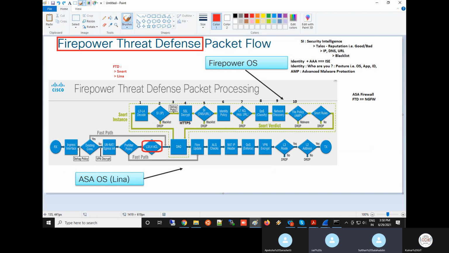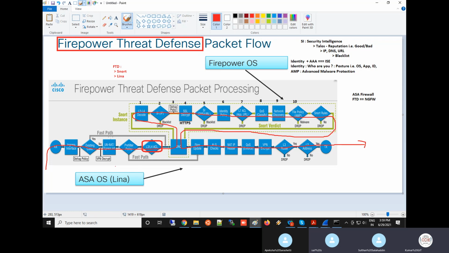Everywhere it has to pass. If there is a mistake anywhere, the packet is dropped right there. Understand? So many functions are happening in an FTD, the next generation firewall.